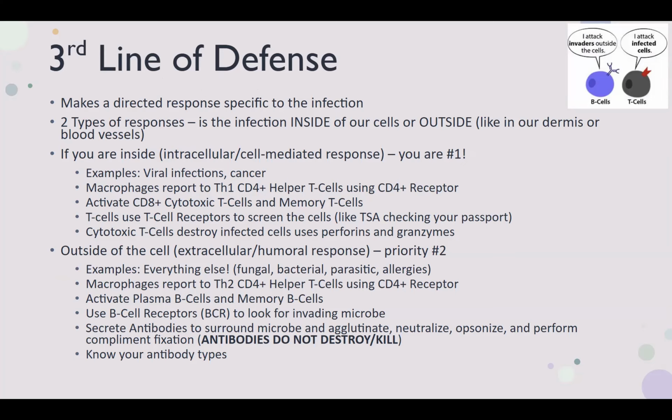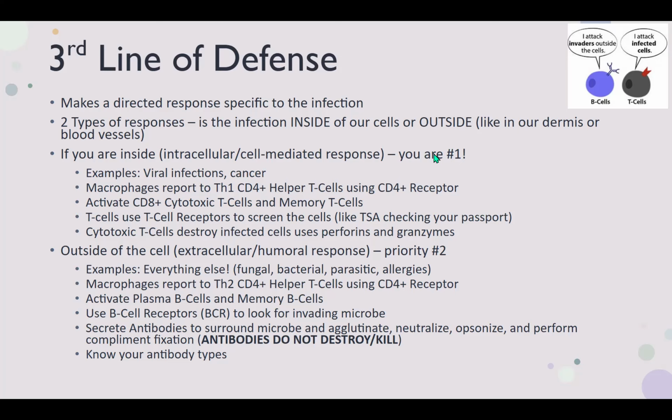So the way the body determines this is by determining whether the infection is inside of our cells or outside of our cells, like in our dermis or our blood vessels, or in some of our external organs or external systems, like the respiratory system, the GI tract, and the reproductive system. So if she's giving you an example that says this is a virus or this is a cancer, and really most likely it's going to be a virus, then you are in what they call an intracellular or a cell-mediated response